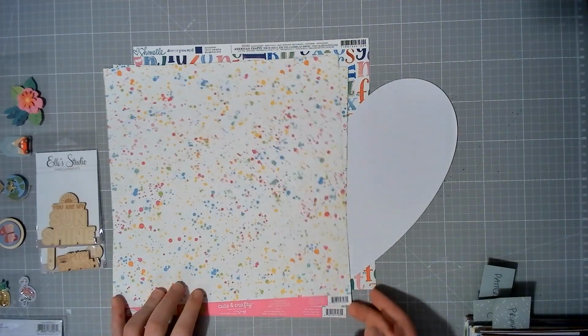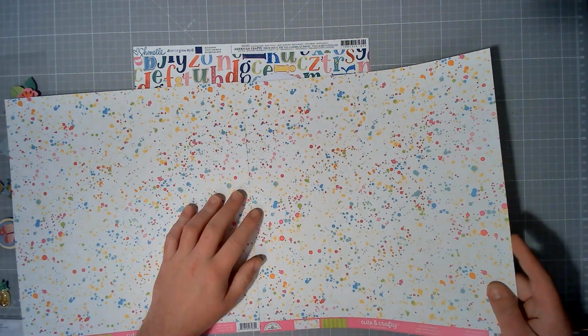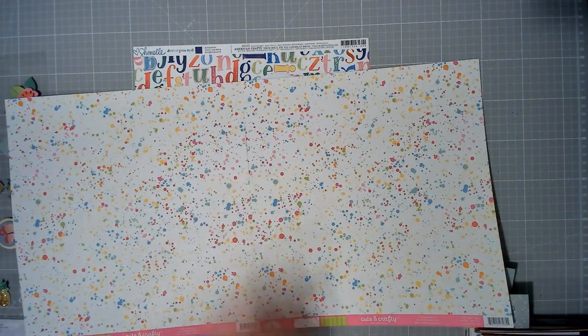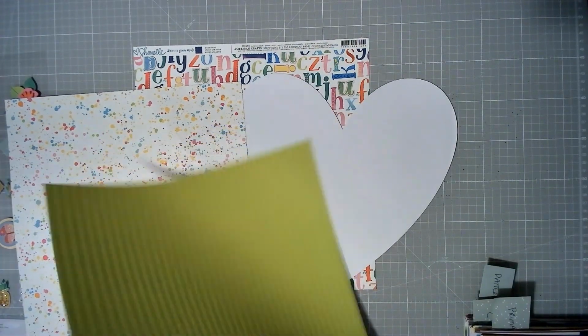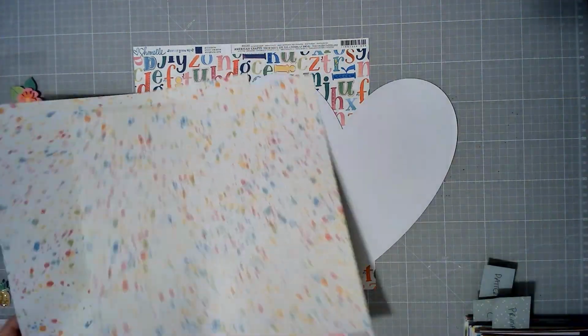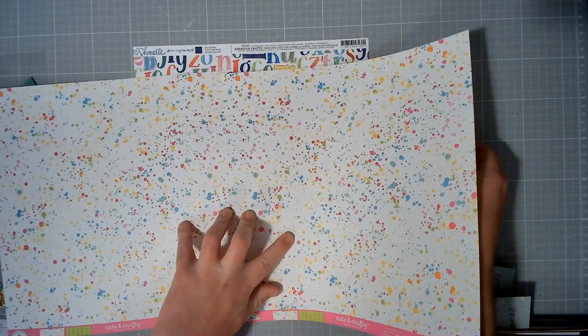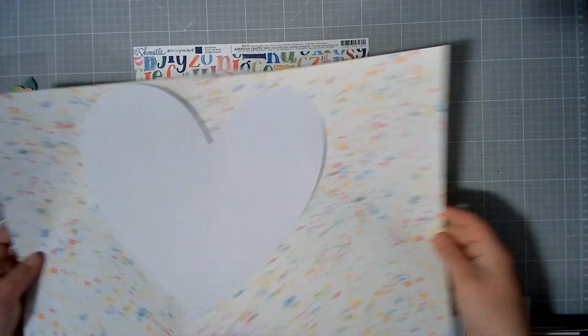Okay, I found the other paper. So this is going to be my background. This is one of my favourite ever papers from Doodlebug Cute and Crafty, and it's the B side of the colourful canvas. Or I think this might be the A side actually. So the idea with this one is to have this in the middle and then a strip either side of